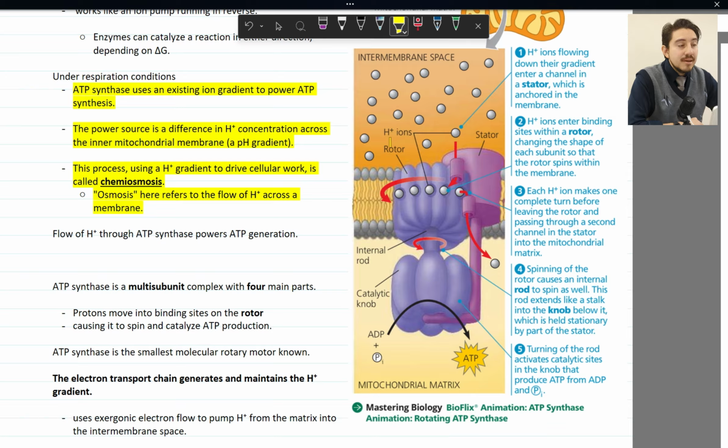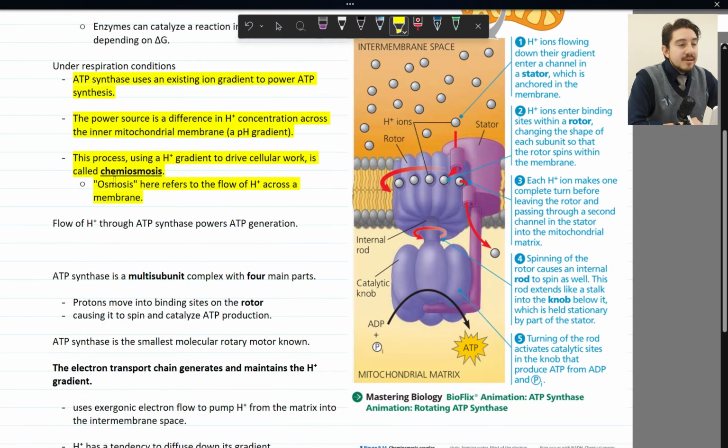So you have good potential energy in this particular area. And when you have enough potential energy and this concentration gradient, you have enough energy to drive cellular work, in this case